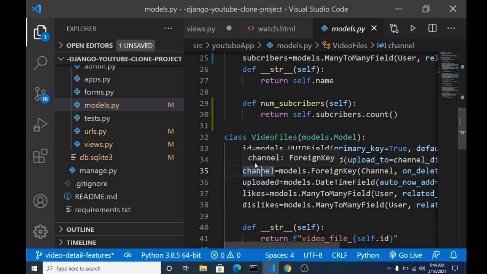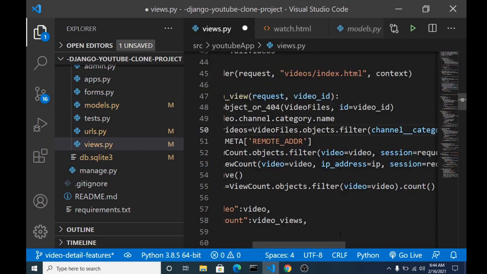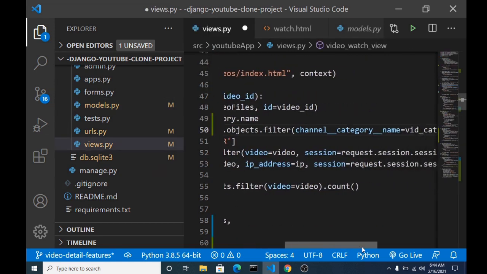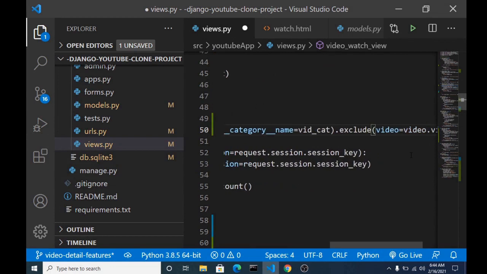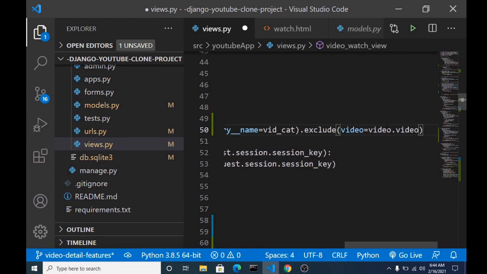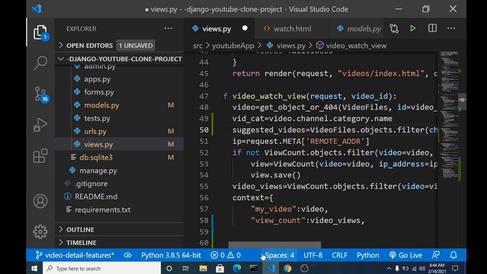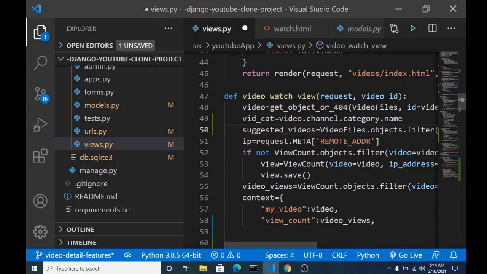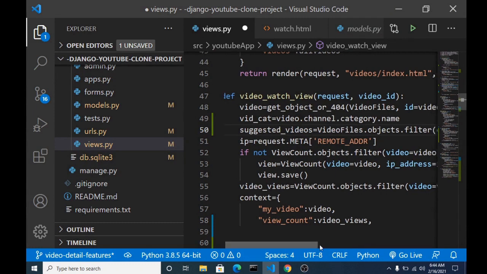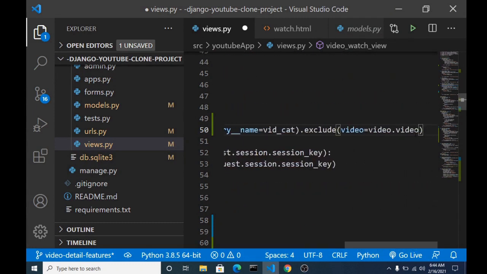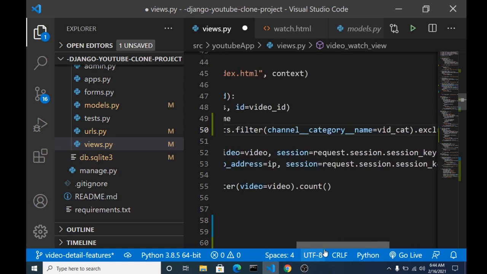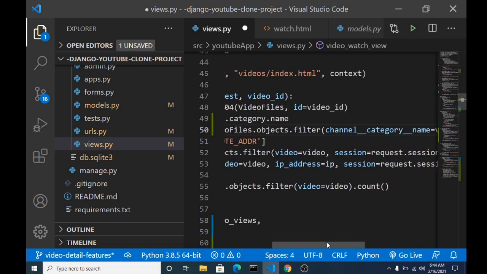So we are querying with this video file, and we are excluding the video file that has this video object. That's the object that we got from get_object_or_404 dot video, which is the video field. Alright, so we want to exclude that, so it will give us the others excluding the one we are currently watching.